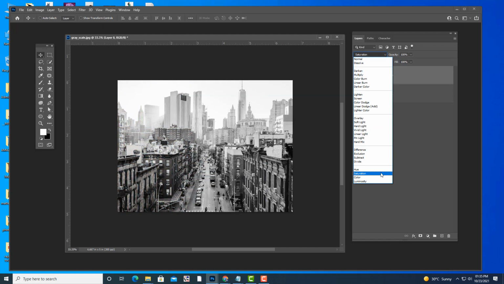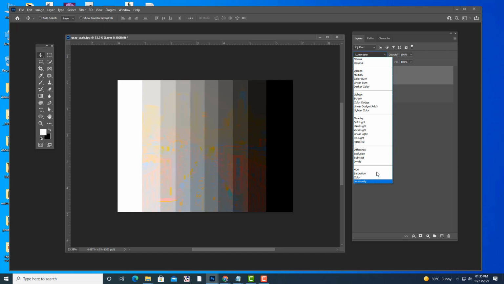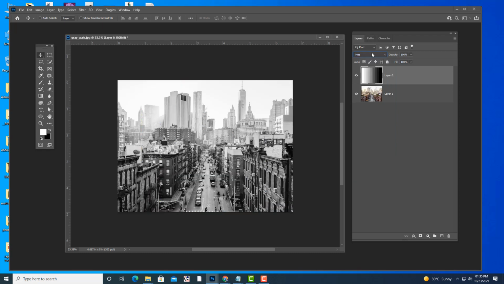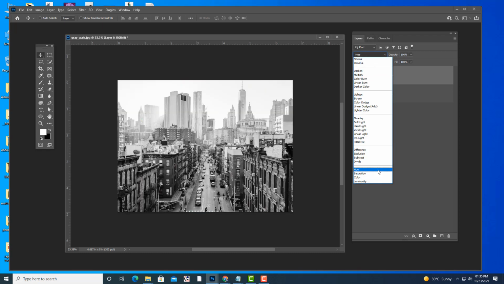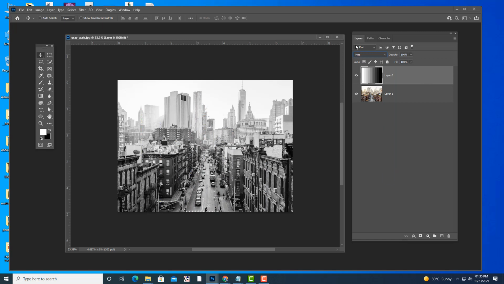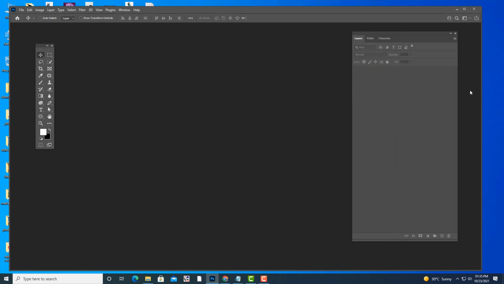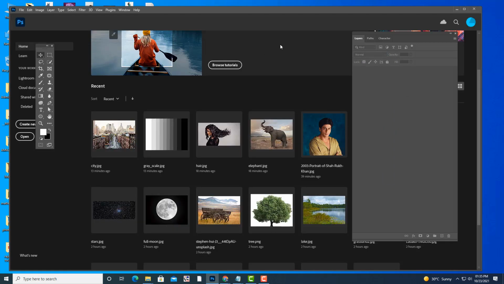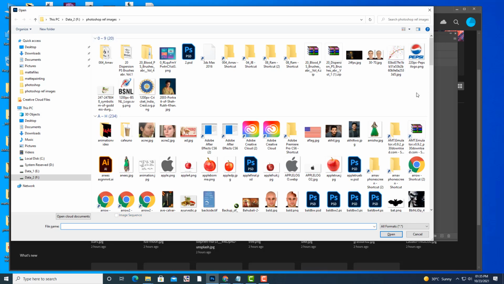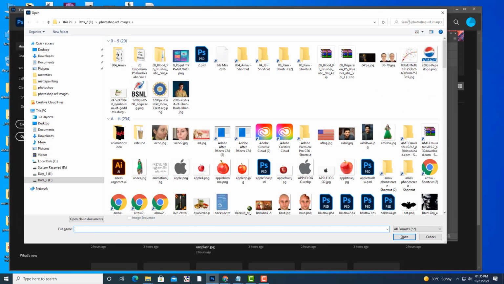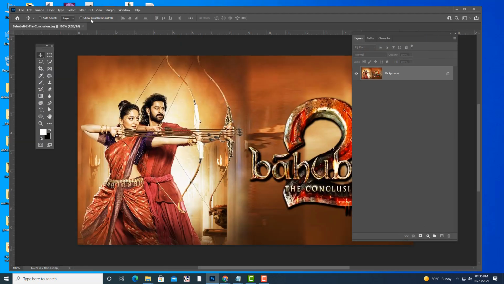And the final section: hue, saturation, color, luminosity. This last section is called the component section. This section will only have effect on colors. So I am going to get a different image now. I will take this image of Bahubali.